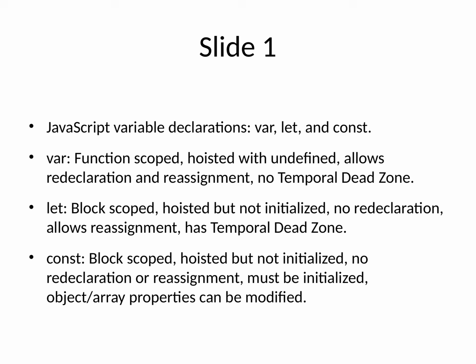In JavaScript, there are three main ways to declare variables: var, let, and const. Each has unique characteristics and use cases. Let's start with var. Variables declared with var are function scoped, meaning they are only accessible within the function they